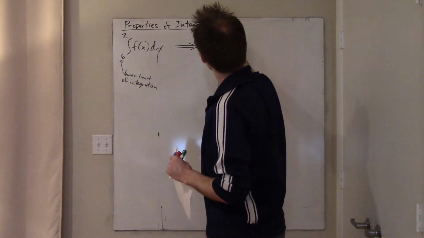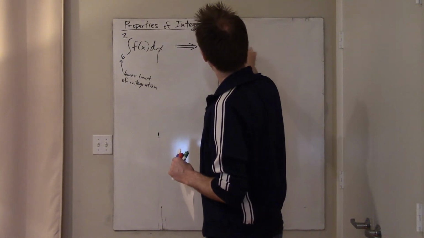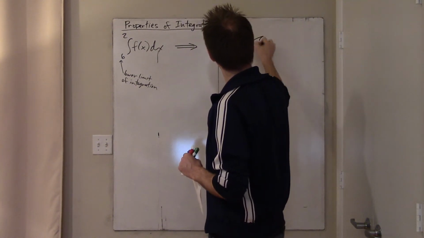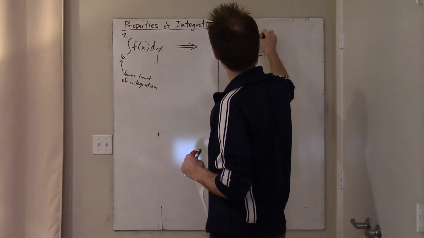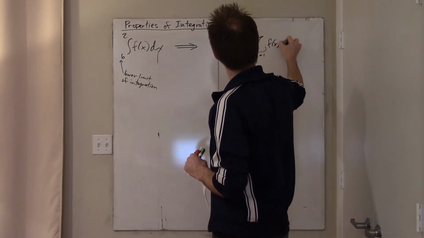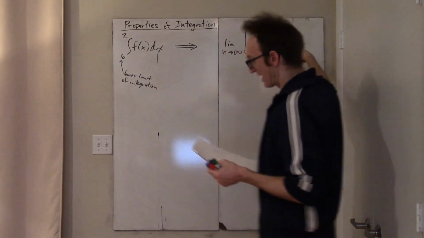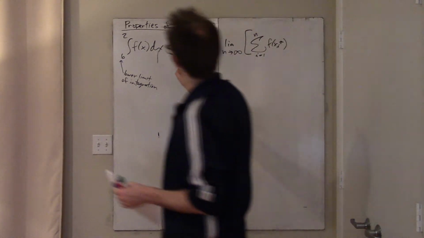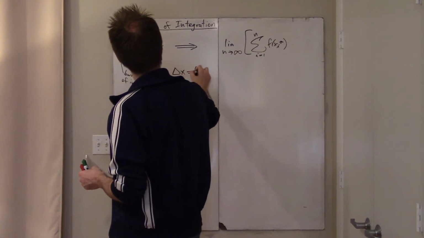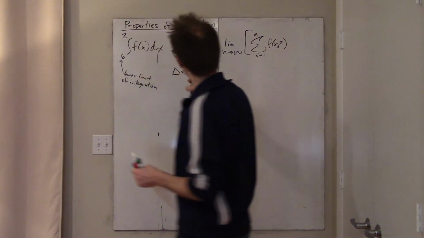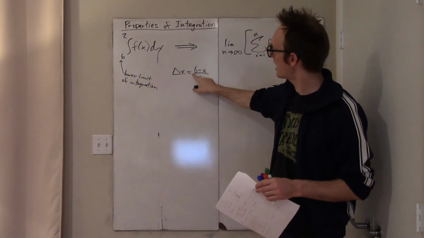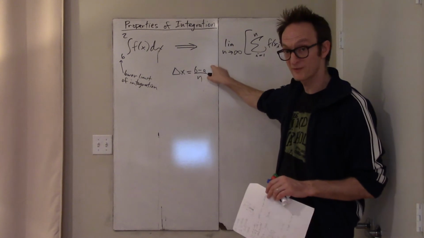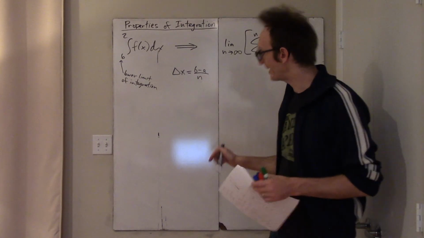This would be the limit as n approaches infinity of the sum from i equals 1 to n of f of x sub i star times delta x. And what's delta x? Delta x is always just b minus a over n. In other words, like I was saying a second ago, it's the upper limit of integration minus the lower limit of integration over the number of subintervals. But, okay,